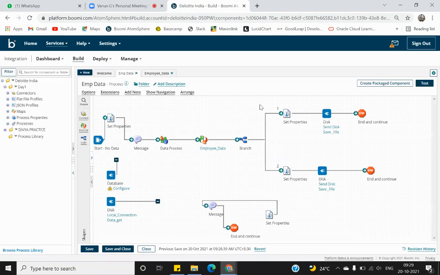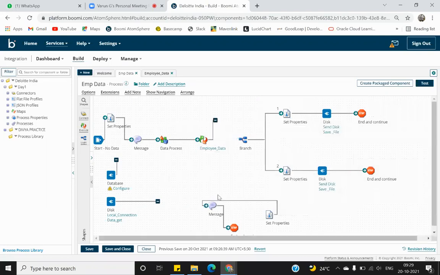Now there is a catch. What I told here is that dynamic document property, if you are setting it in branch 1, you cannot retrieve it in branch 2. But if you have to retrieve it in both these branches, you have to set it here. You got my point what I'm saying?